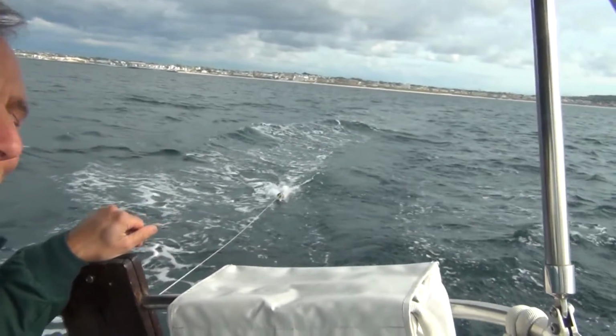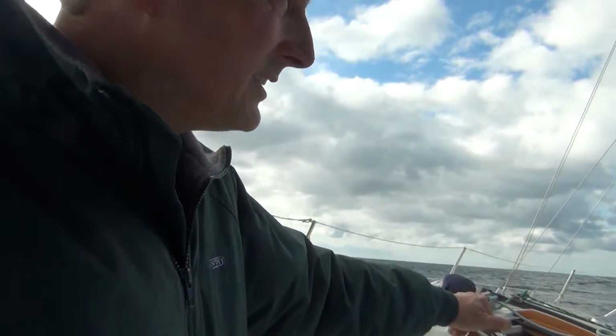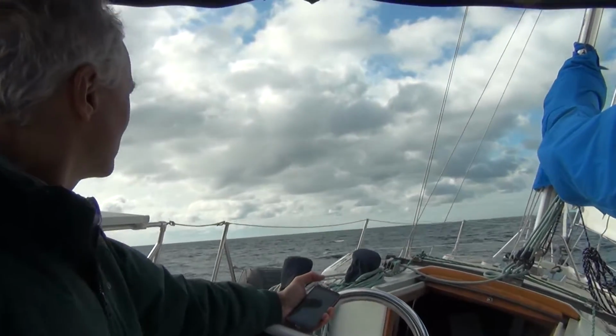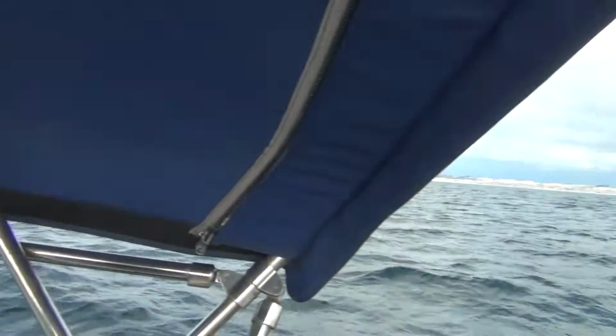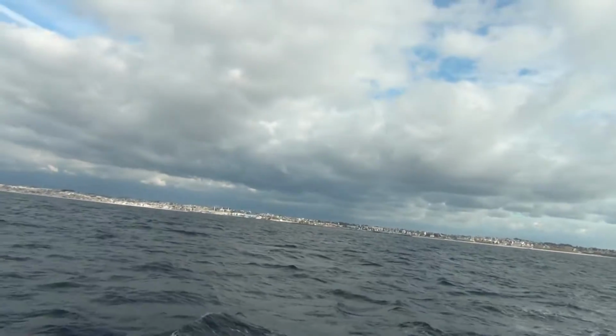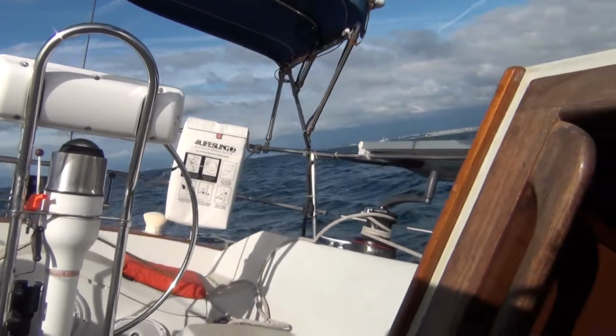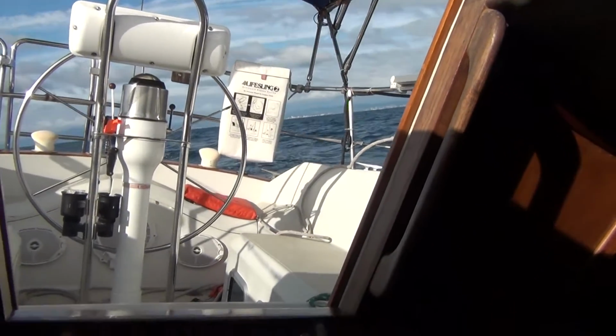Oil catcher is out, but it's kind of a skinny slick. It's pointing into the wind. I think I'm starting to smell it. Looking downwind, I can see a little bit of an oil slick. Here's what it's like from down inside the cabin. The cabin is